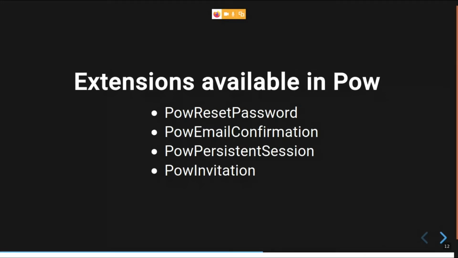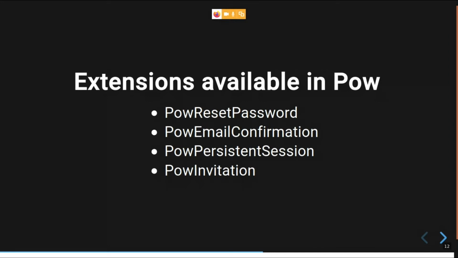Only if the user clicks that validation link will that user become active in our system. Otherwise, the state will remain invite sent only. So they have to confirm before logging into the system. That is also there by default, but you will have to add this extra extension to have this feature.